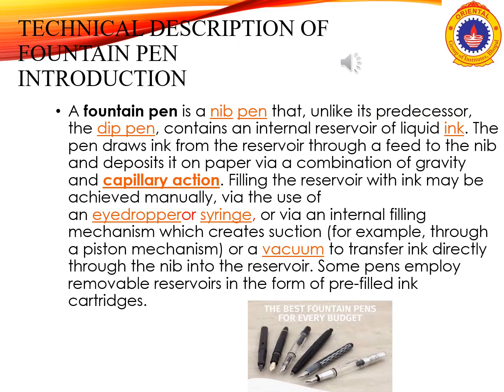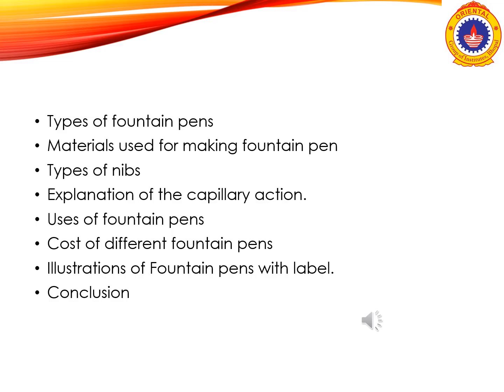So this is the introduction, and you can have a diagram of a fountain pen. You can just give one single pen and give the illustration with labeling. To add more information to the main body of the description, you can include the different types of fountain pens commonly found. You can tell about the materials used for making a fountain pen,